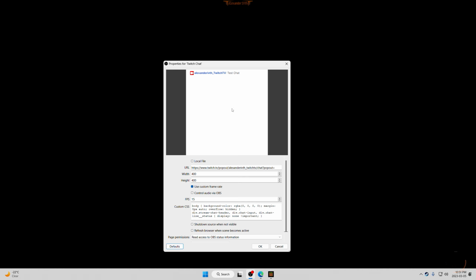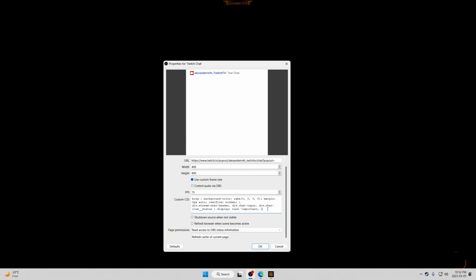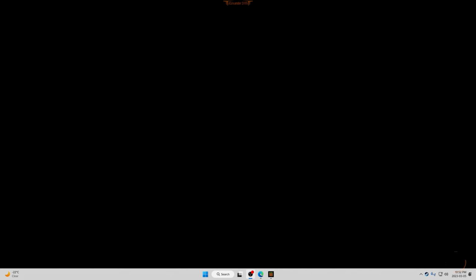This is what it should look like. But without the custom CSS lines that I added in, it would appear just like this. I didn't have to do any filters or anything for the transparency. So if I remove these lines and press OK, I believe after it reloads, it should